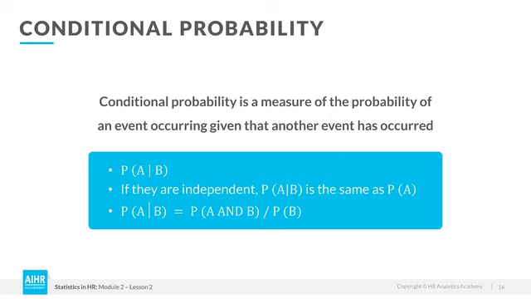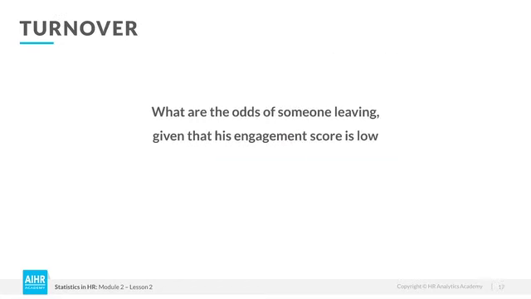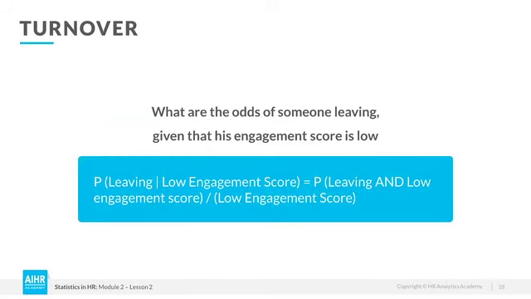Now let's turn this into a more concrete example of HR. Turnover. What are the odds of someone leaving given that his engagement score is low, for instance. That's a classic example of conditional probability. For this, we can take P(leaving | low engagement score) is P(leaving and low engagement score) divided by